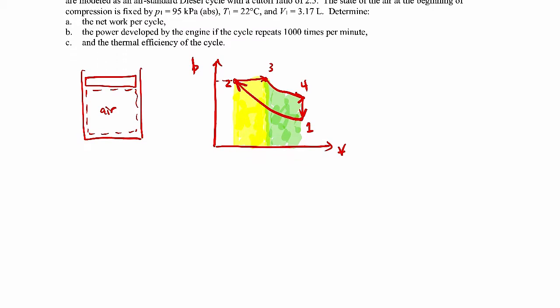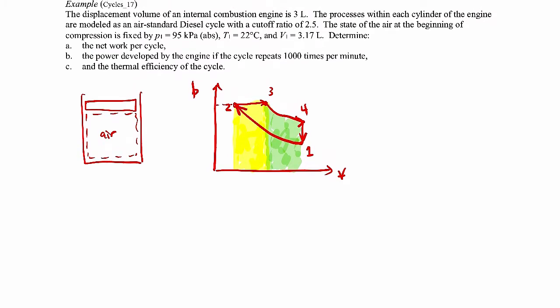So the first thing that we'll want to do is calculate the mass of air in the cylinder. Because we're going to find the work per cycle, we're going to need to find how much mass of air we have. We're given the information about state 1, so we can use the ideal gas law to figure out what the mass of air is. So from the ideal gas law, the mass is P1 V1 all over R T1. We're given all this information. Just remember that R for air is